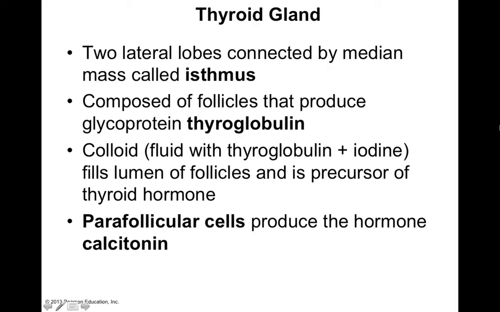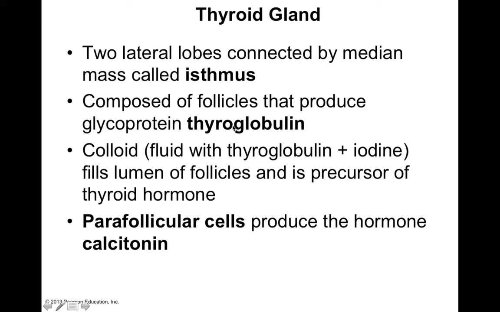Okay, so in this video we're going to talk about the structure of the thyroid gland. Now if you remember from previous videos, we talked about how the thyroid gland is this butterfly-shaped gland that sits on the inferior and anterior portion of your cervical region, or neck. Now the thyroid gland has two lateral lobes that are connected by a median mass called the isthmus, and the